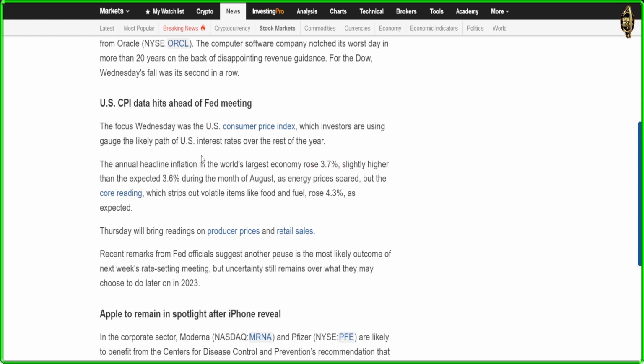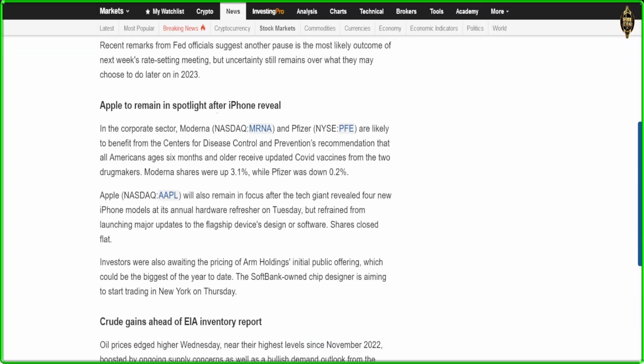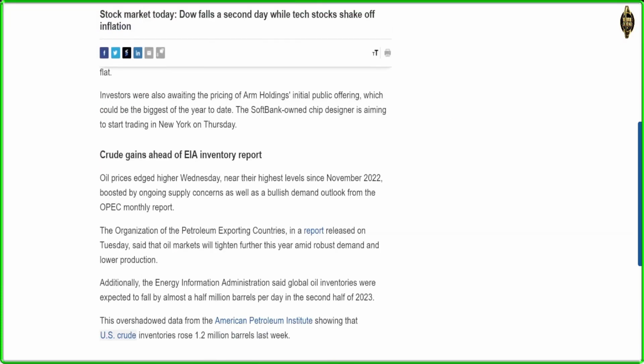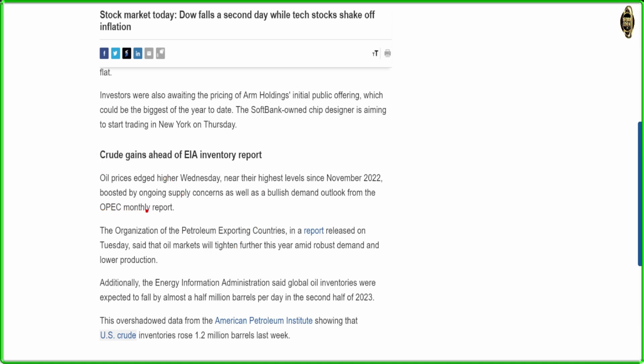That's the first thing. The second thing we got here is Apple. I told you about the problems of the iPhone. It's still like that, as you see. Then the third problem, another big problem for the US economy, is the crude. It's still very bad for oil or energy. It's still going up and up, as you see. The OPEC monthly report and those things, you can read everything if you want. So that's why you see the market still going up.